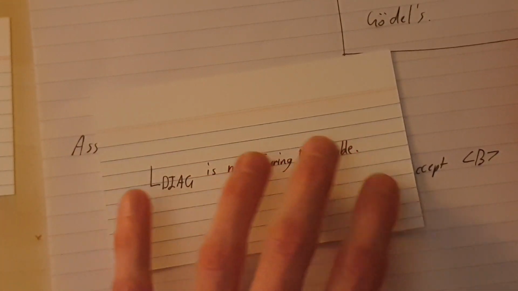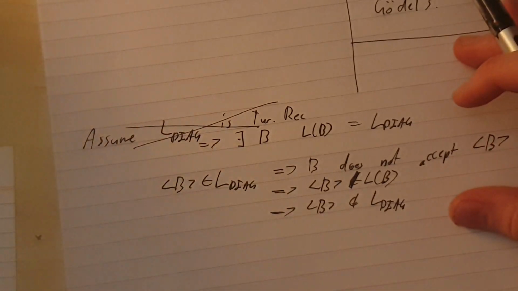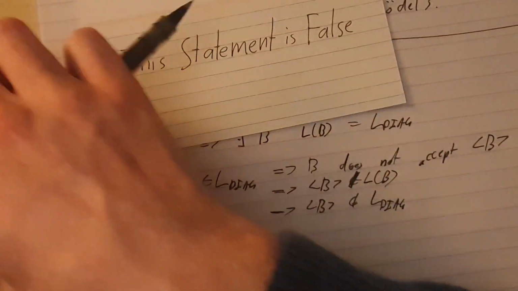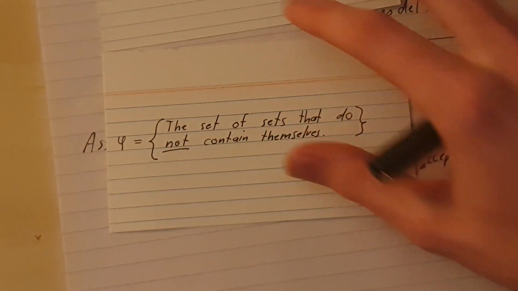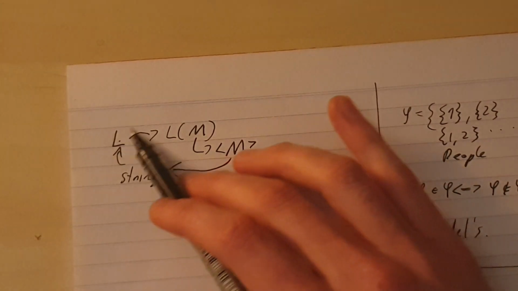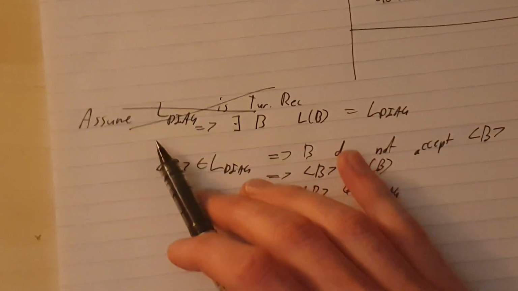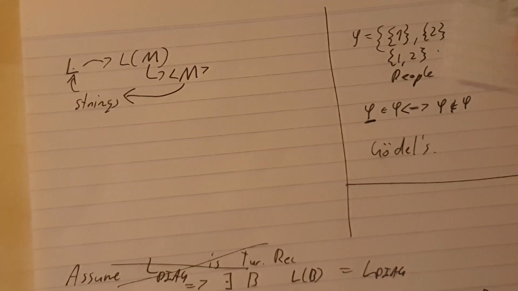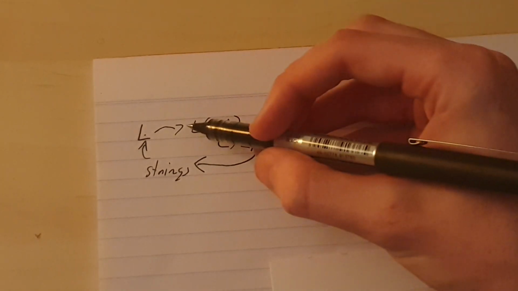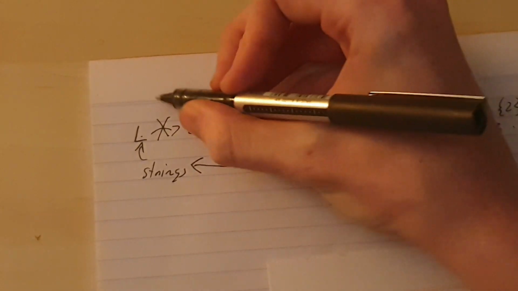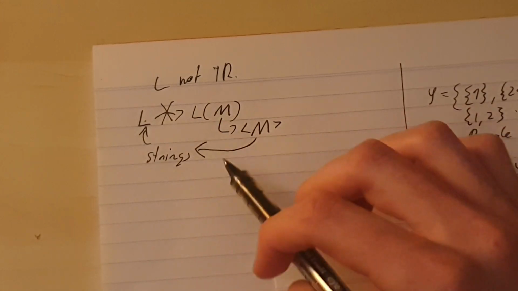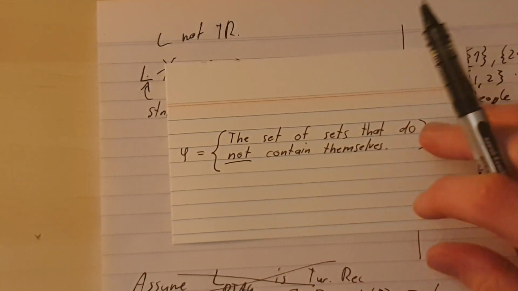So that's essentially all I wanted to talk over. As a quick recap, we started with English and statements contradicting themselves, and then moved on to set theory, statements contradicting themselves, and then we talked about how languages, machines, encodings, and strings have this kind of looping potential, and how we can generate the same contradiction as in set theory. But that is okay ultimately, because if we just break this link by saying L is not Turing recognizable, we no longer have this self-looping problem, this self-referentiality that leads to a contradiction.